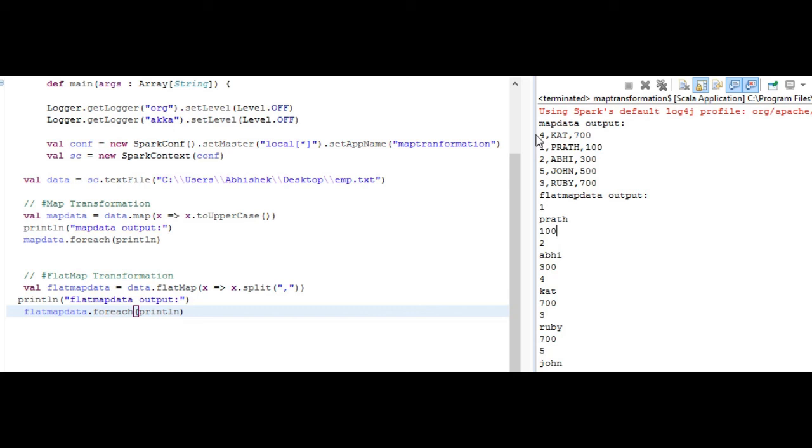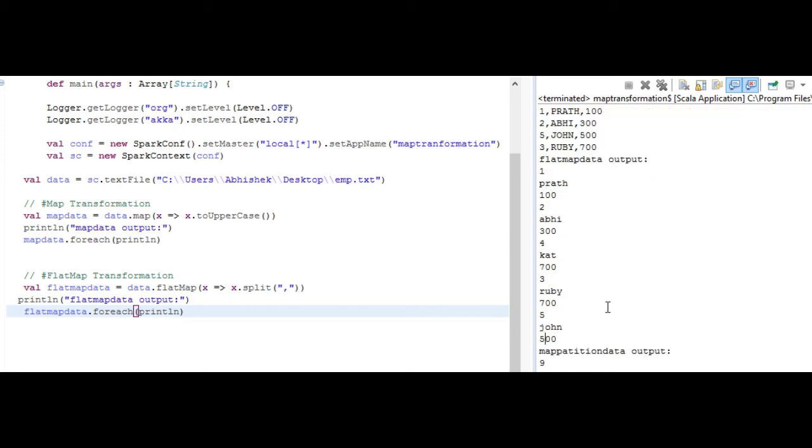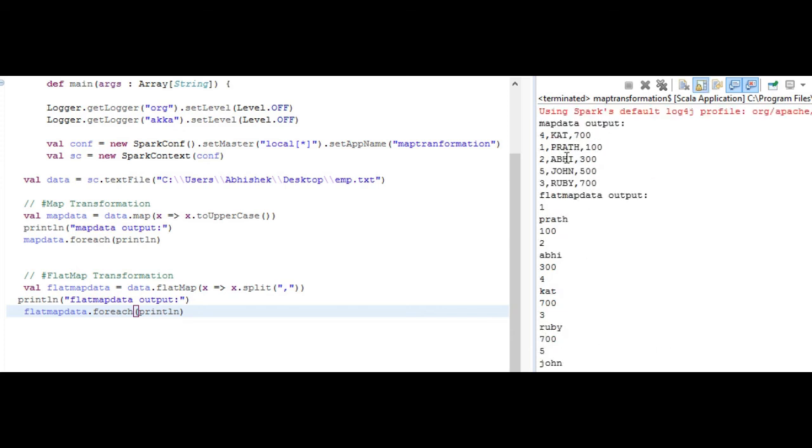In total I get 15 elements, counting 1, 2, 3 up to 15, till 500. This is my flatMap output. I hope this is clear. The difference is that in map, the number of input elements equals the number of output elements, but in flatMap, the number of input elements can differ from the output elements.